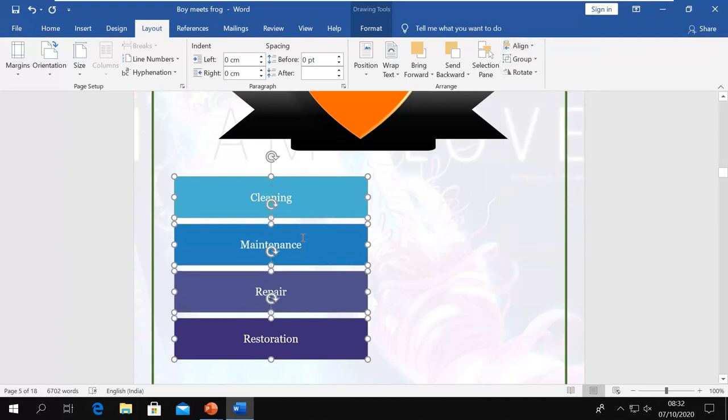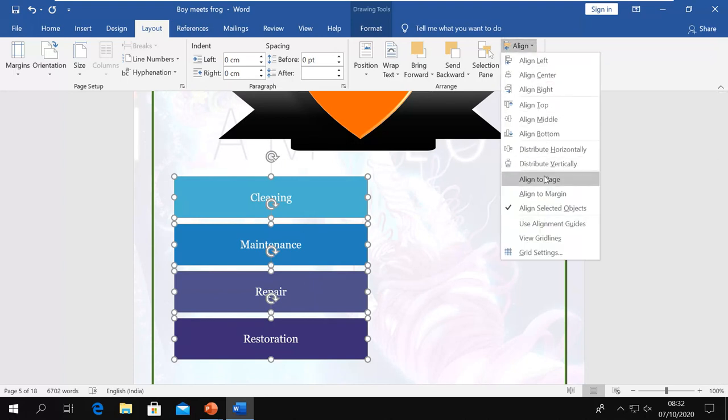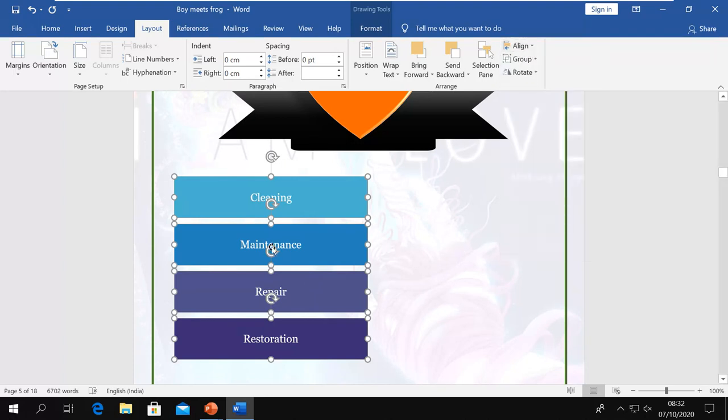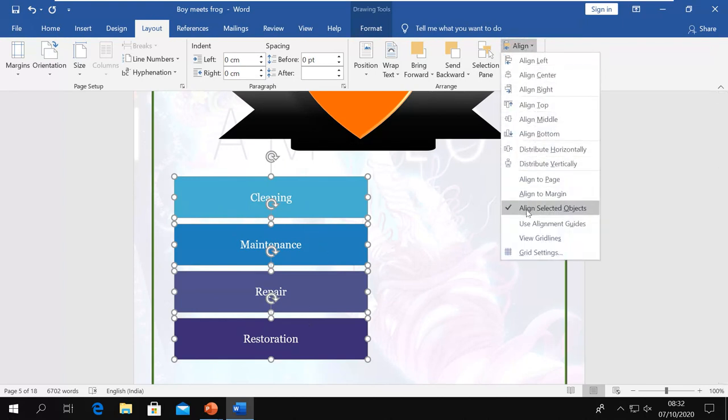Now you can see they are distributed equally, with equal distance to each other. If I select horizontally, it will not affect anything because my objects are not arranged horizontally.